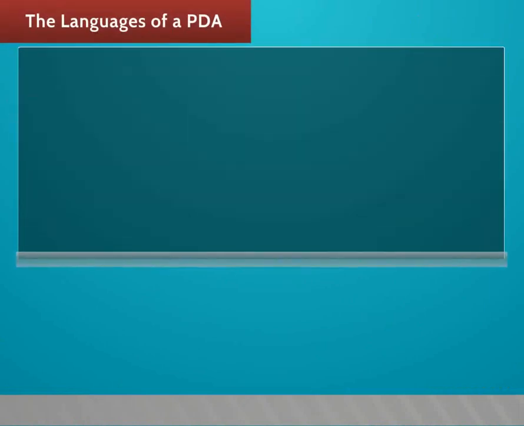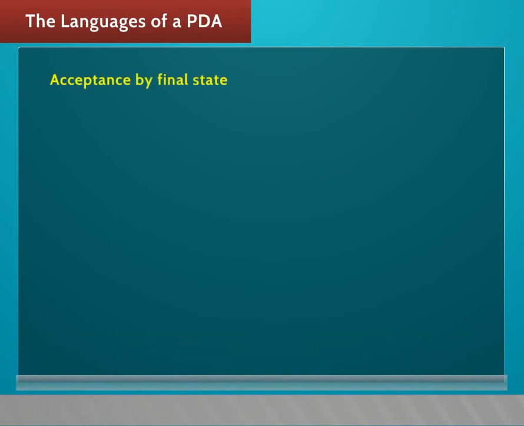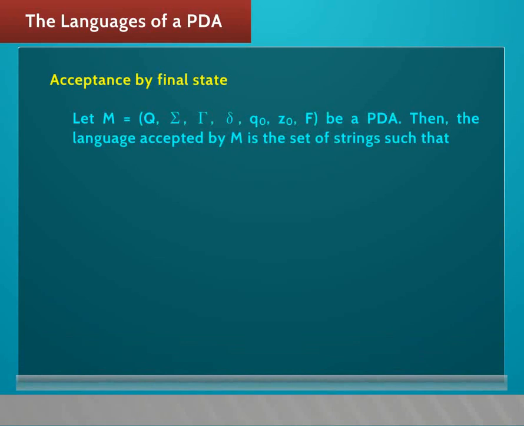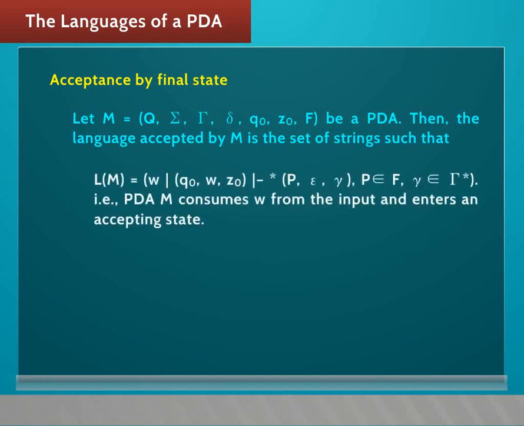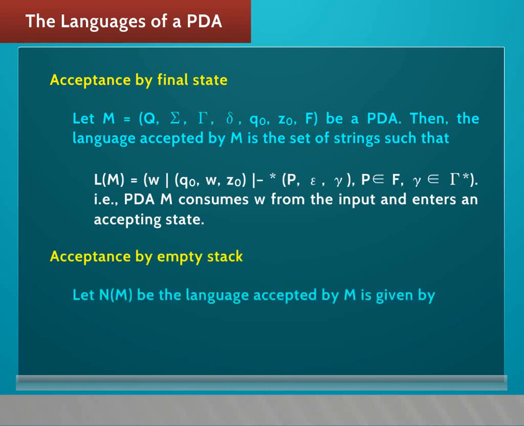The languages of a PDA. Acceptance by final state. Let M = (Q, Σ, Γ, δ, q0, Z0, F) be a PDA. Then the language accepted by M is the set of strings such that L(M) = {w | (q0, w, Z0) ⊢* (p, ε, γ), p ∈ F, γ ∈ Γ*}. That is, PDA M consumes w from the input and enters an accepting state. Acceptance by empty stack. Let N(M) be the language accepted by M, given by